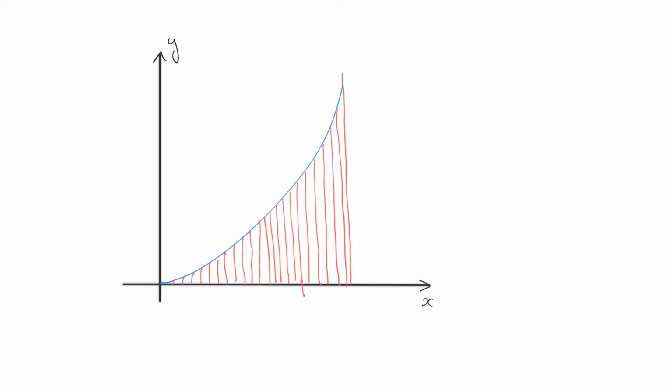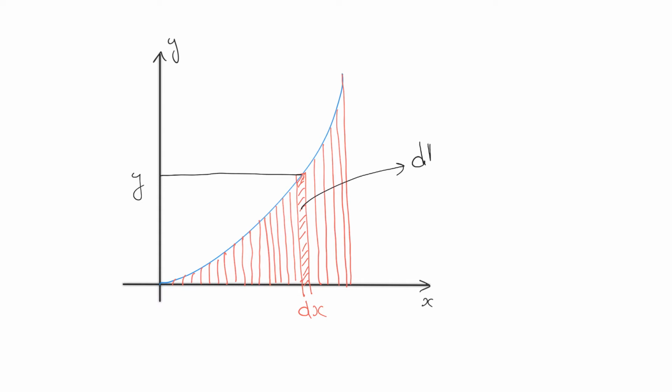Over here you can observe that along x-axis we are dividing this into infinite number of small parts. So the width of each small part we can take as a differential part of x, which is represented by dx. If you are taking a small element over here, we know that this dx is a very small value, so we can assume that over here we are going to get a rectangular portion. And let's say the height of this rectangular portion is represented by y.